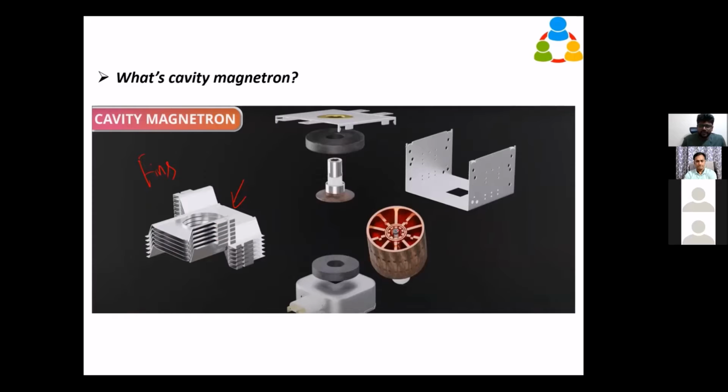If you take the cooling fin out, this is the vacuum tube, and this is the North Pole and South Pole, that is the permanent magnet, and this is the case. Here we give the supply, a high DC voltage of 2 kilovolts. It's very dangerous. At the backside of the microwave, you can't touch it without adult supervision. Even for adults it's very dangerous, because we are dealing with high voltage. With that we operate this magnetron, which produces microwaves inside our microwave oven.